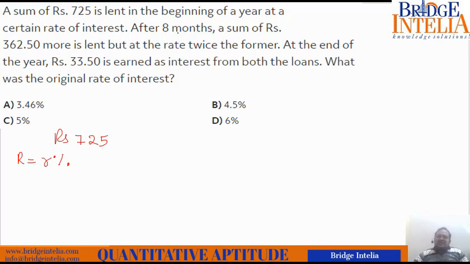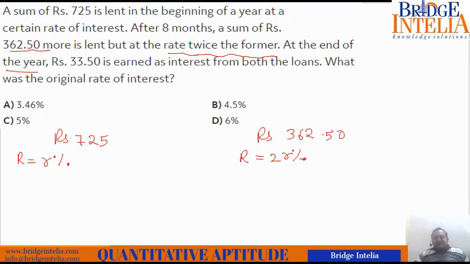After 8 months, a sum of rupees 362.50, so another amount, 362.50, is lent, but at a rate twice the former. So in the second case, the rate is double. So if this is R, the rate in the second case is double, 2R. At the end of the year,